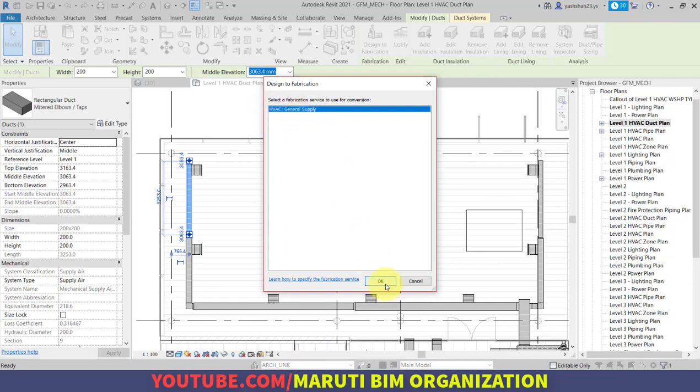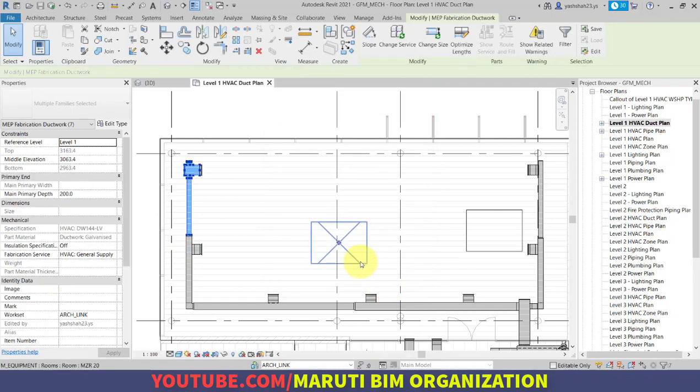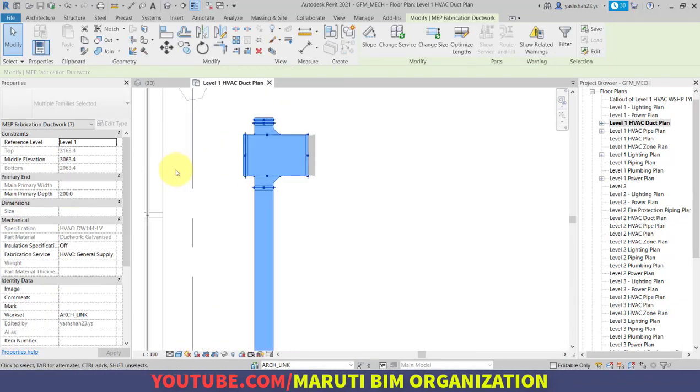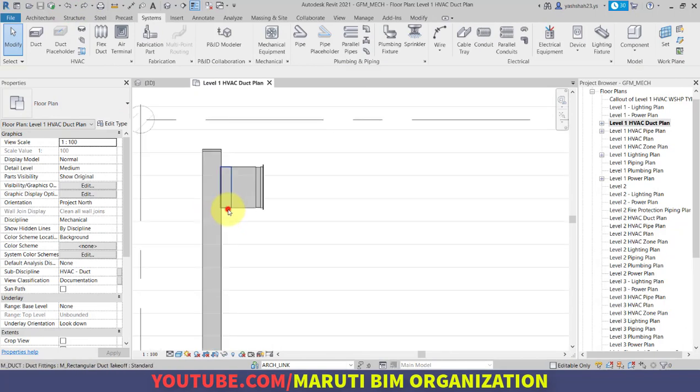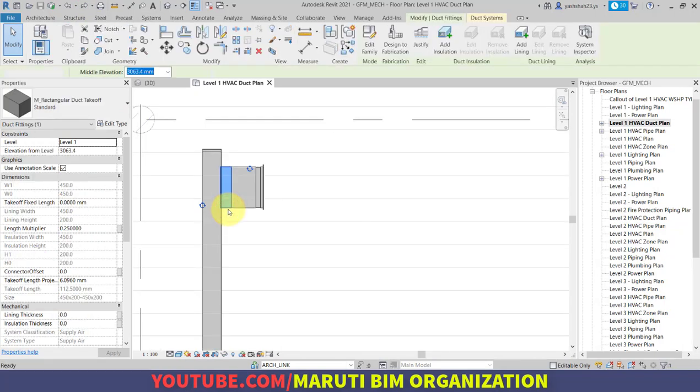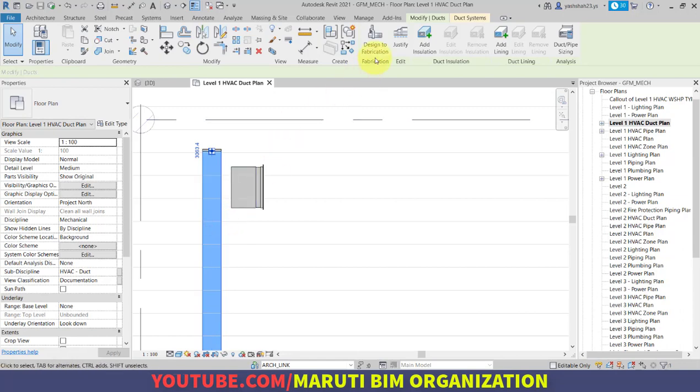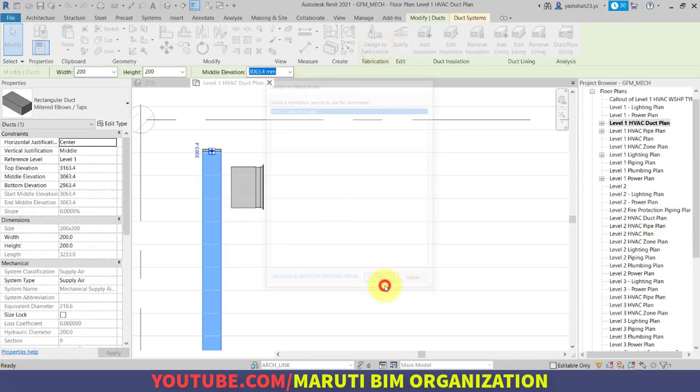So click on OK. Now it has been connected to the HVAC general supply like this. You can also remove this flange connection and we will convert design to fabrication.